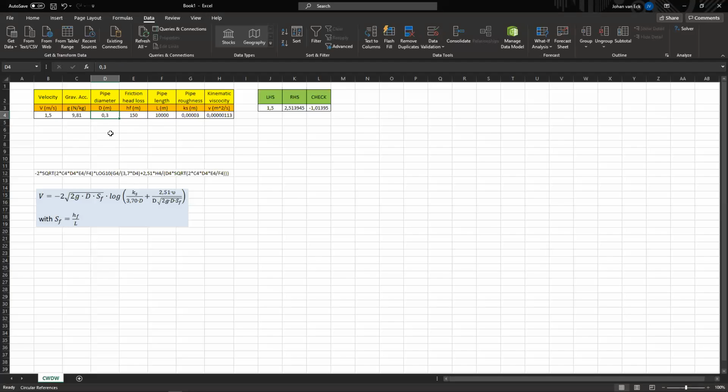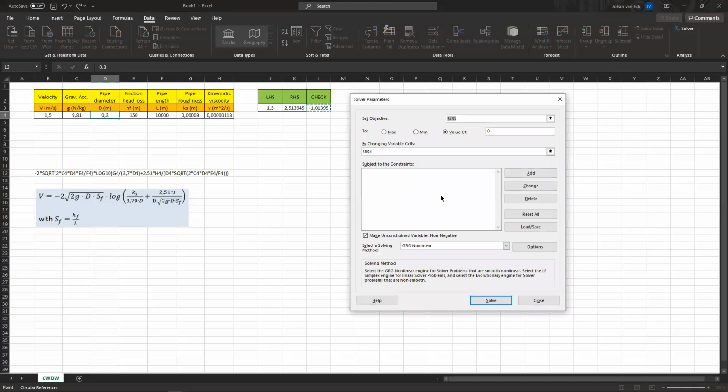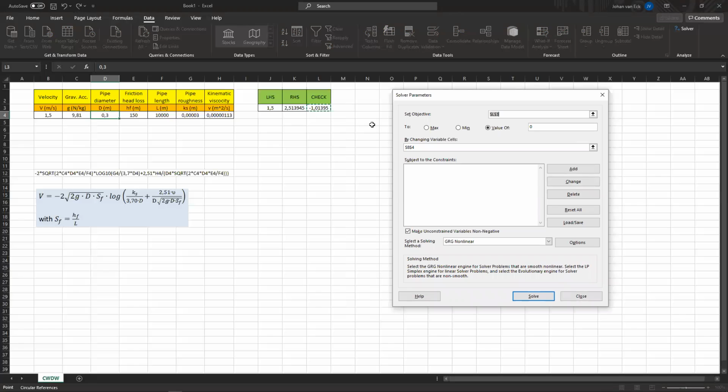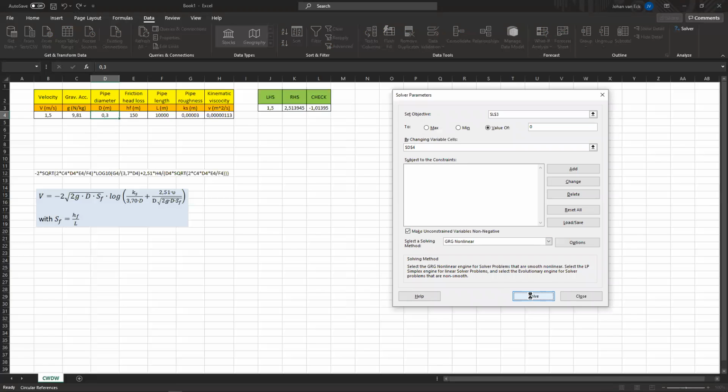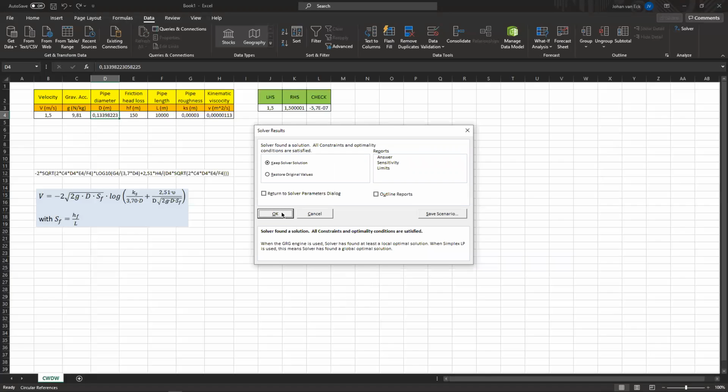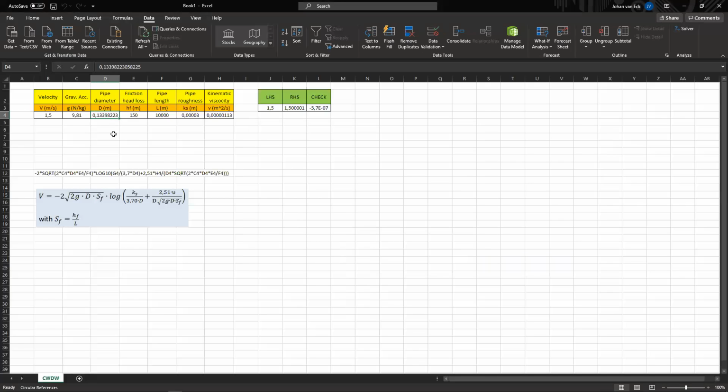Now you can just change it, or you can just leave it like it is. It just needs to be some value. Then we go to Solver again, and we say our objective. It still has our same cells as the previous example. So it's once again, we want to set that cell to a value of 0 by changing. Now we just need to change this because it's not our velocity anymore, it's our pipe diameter. And then press enter. So we found the solution, which is in this case 0.1344